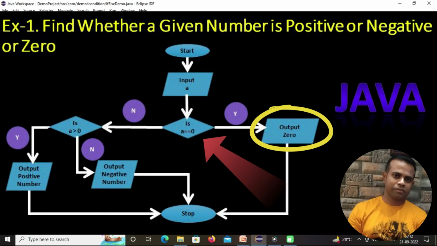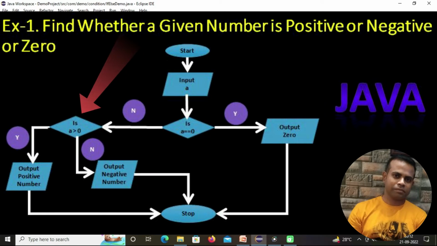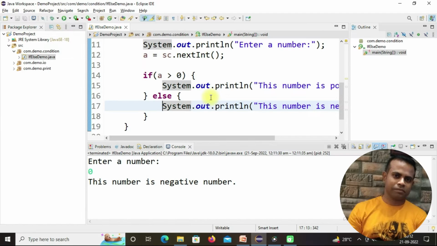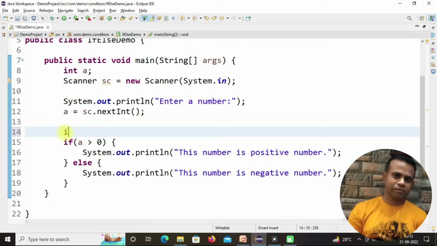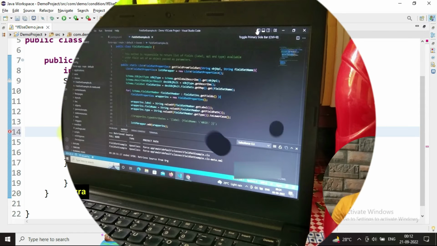Then if a number is greater than 0, so definitely it will return or give a statement it is a positive number, and if it's less than 0, then it should be a negative number. Okay, so how to do that? Let's double click here again. Now let's make an if statement first here. If